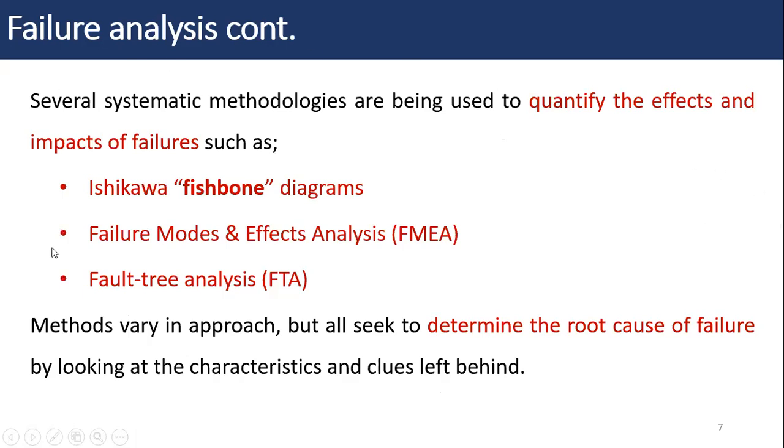There are several methods discussed in terms of failure analysis, but in the food processing industry, I think there are three major methods. You know, the fishbone diagram, which we call the Ishikawa diagram. It is one important one. And FMEA, failure modes and effects analysis, is commonly used.